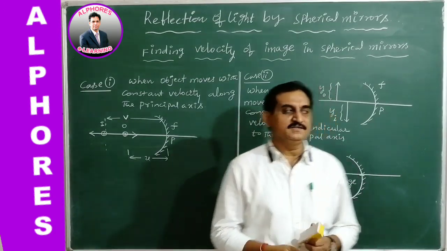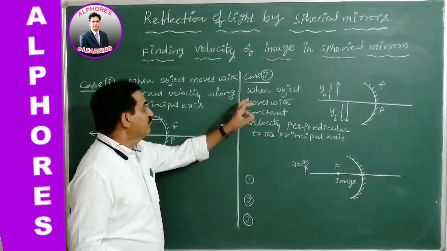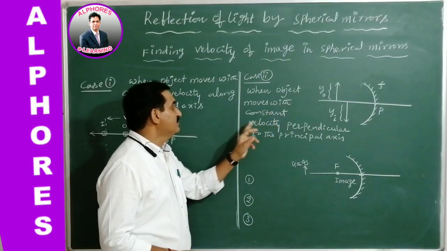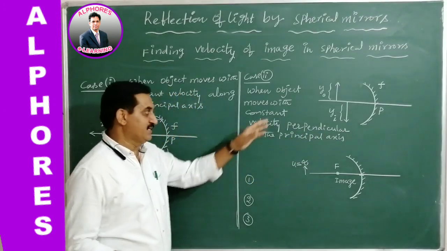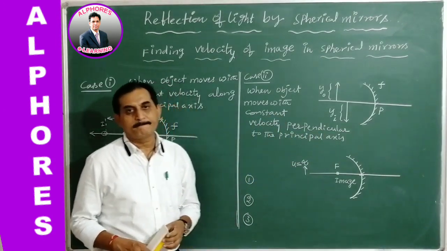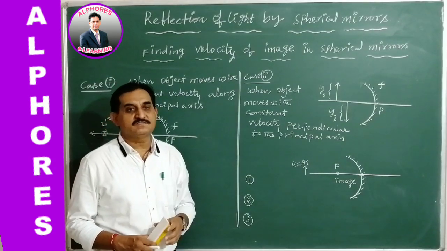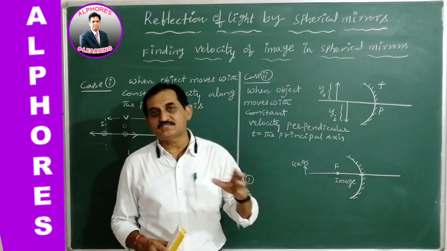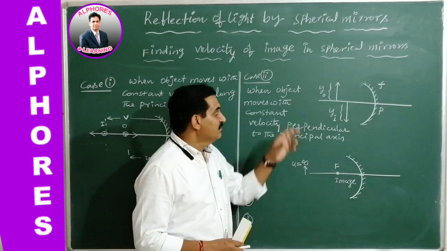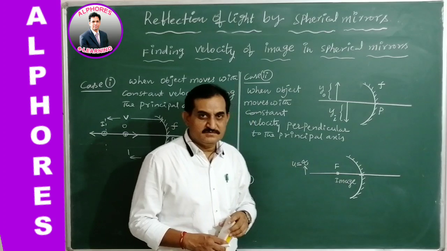Case 2 is when the object moves with constant velocity perpendicular to the principal axis. And the third case is when the object is moving with constant velocity at a certain inclination with